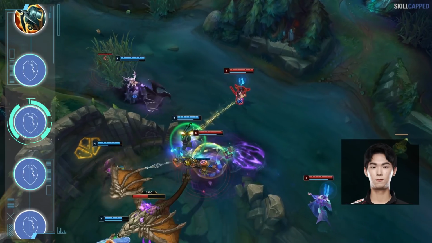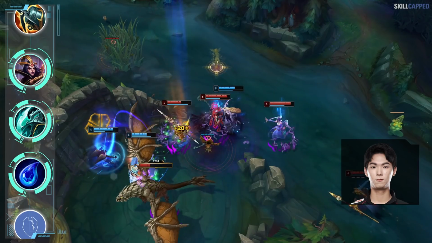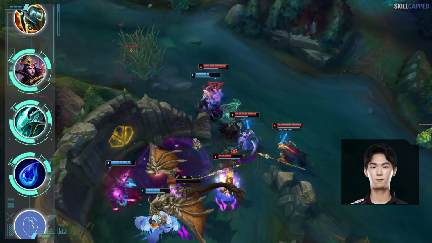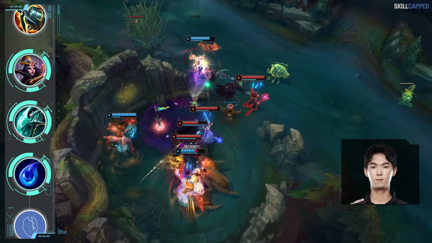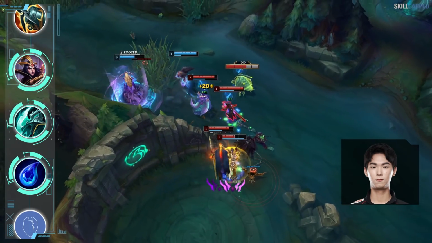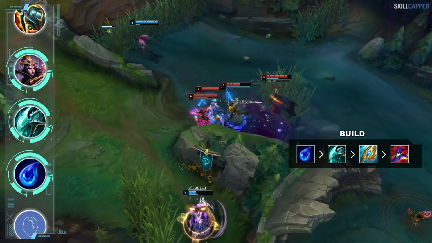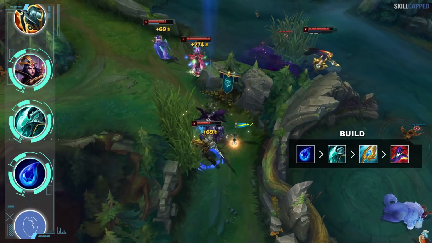A new LeBlanc build Yukao's been popping off with is a Night Harvester rush with Archangel's as the second item. The standard build of Luden's leaves LeBlanc rather squishy, whereas by going Night Harvester, you give yourself some extra tankiness. Since you'll be missing the mana from Luden's, you grab a Tear on your first base, pick up Archangel's second,